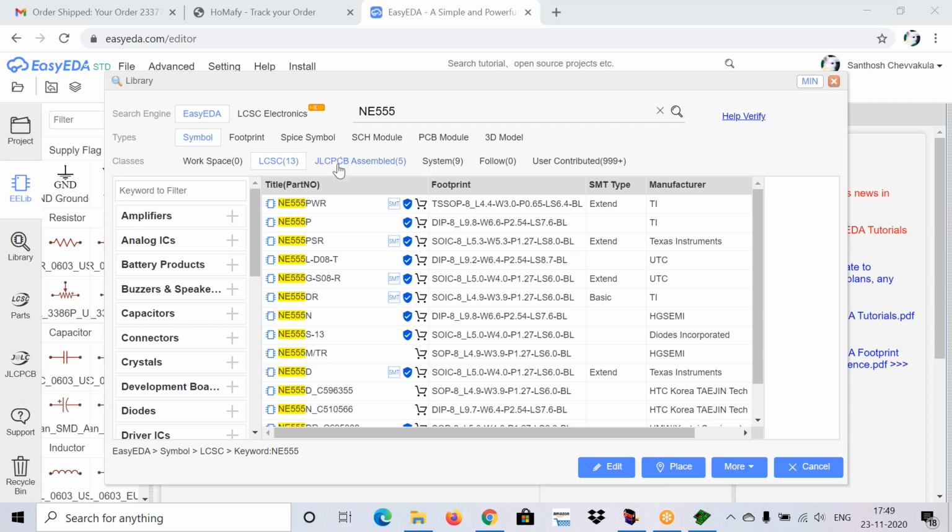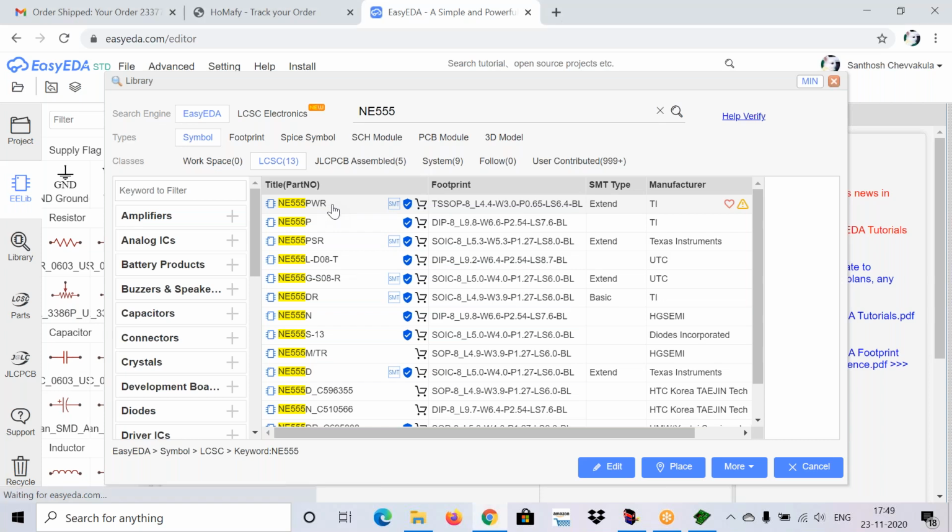In every section like LCSC, JLC PCB, system or user contributed, you can search for the component you like. Suppose in LCSC there are 13 symbols.